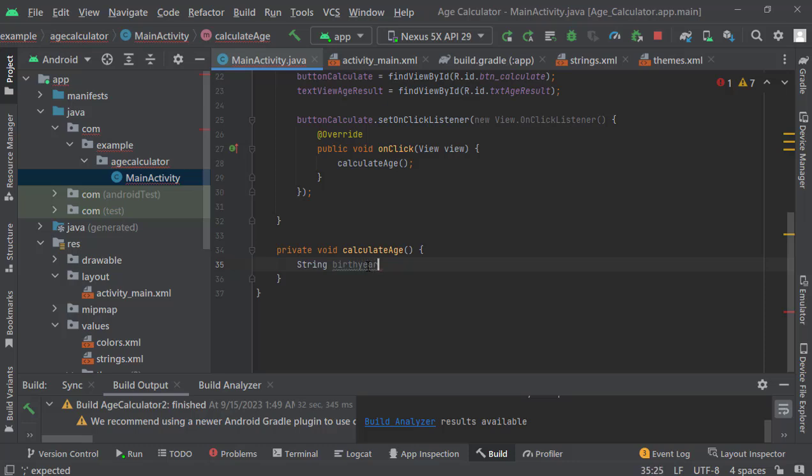I know why I'm going gradually. It's like going from one step to another. So the more we go, the more difficult it gets. So it's better you understand the first step before you go to the next step. So we will write string bet year